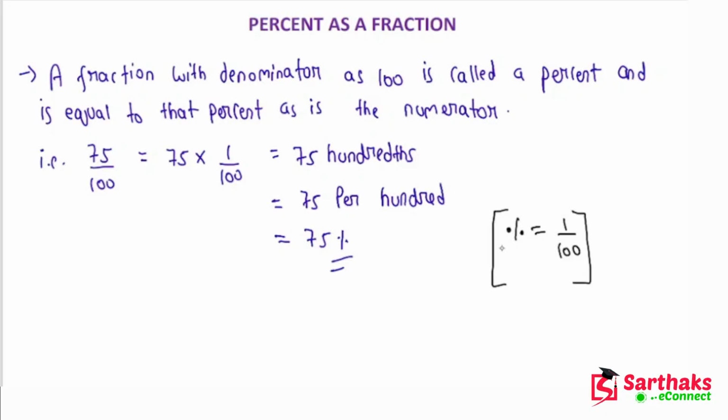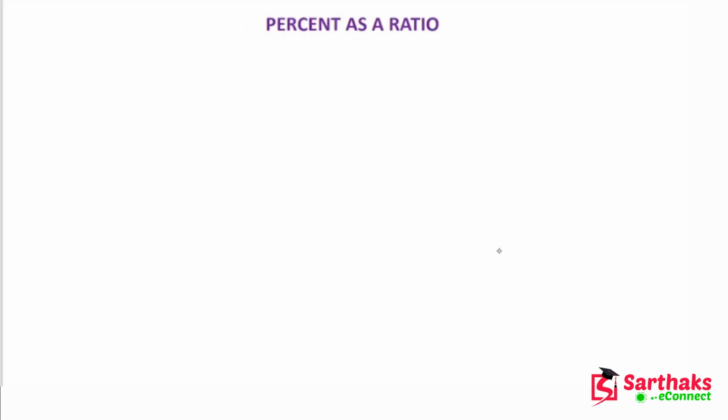Now let us talk about percentage as a ratio. Percent as a fraction and percent as a ratio are one and the same thing. A fraction is similar to a ratio. Basically, a ratio is written in a single line. Suppose you write a percentage like this, then in a ratio you will write it like this. So in your notebook you can represent it in a single line. We are using the term denominator, which is the second term. If A ratio B, then B is the second term. So a ratio with its second term